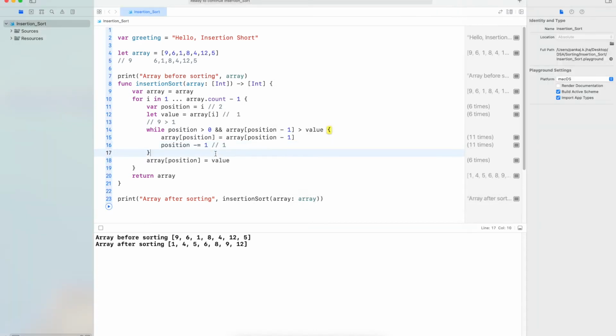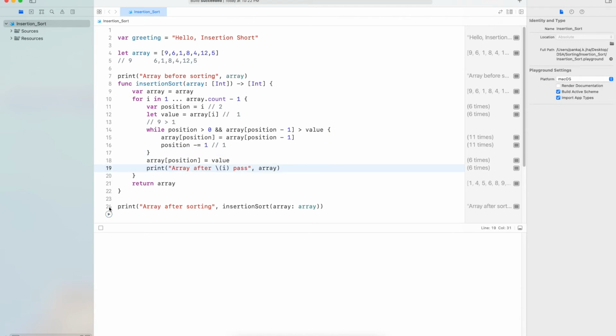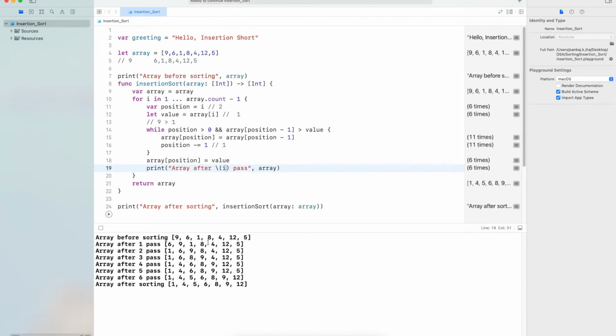We can even print the array after each pass. So you see, this is our original array. At pass 1, since 6 is lesser than 9, 6 will come to this position, and because there were no elements after 9, the first pass will be complete and 6 will be at the correct position.